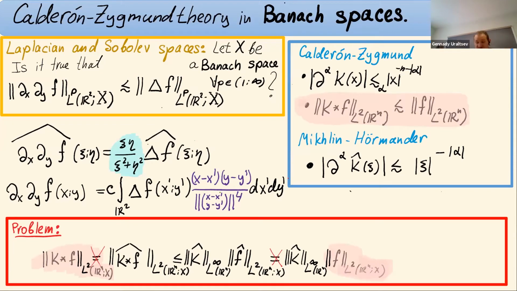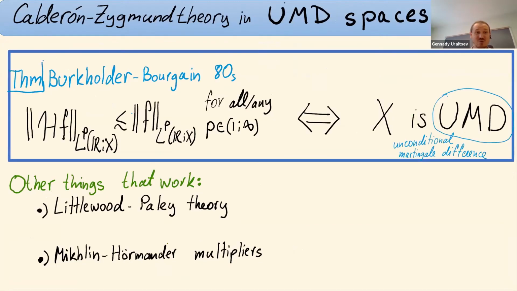So now this was kind of like, how do you even get anywhere? And the fundamental intuition of how to do Calderón-Zygmund theory for Banach space valued functions was given by Burkholder and Bourgain in the 80s. That actually gave a very good characterization of when some form of Calderón-Zygmund theory works. What they showed is that the Hilbert transform is bounded on L^p if and only if X is UMD. UMD means unconditional martingale difference. I'll explain what that is, that's one of the few things that I'll define in depth